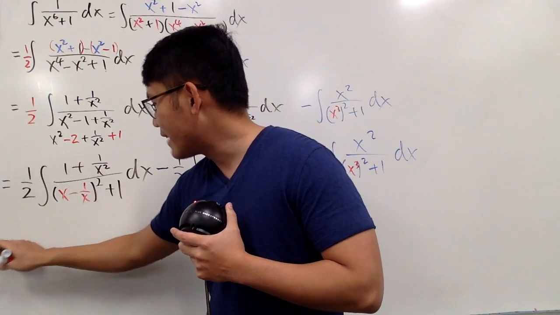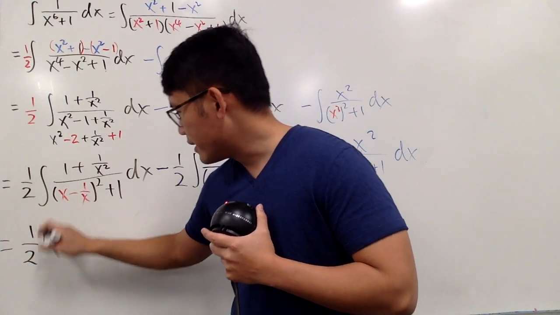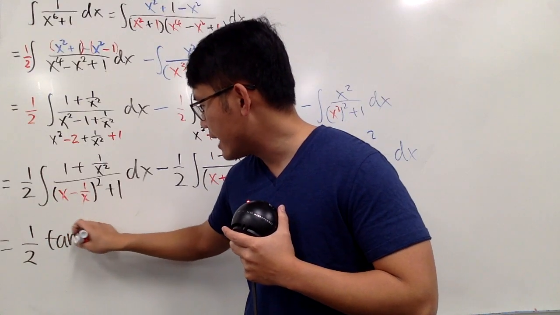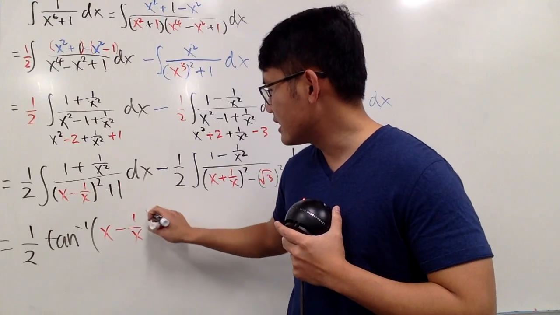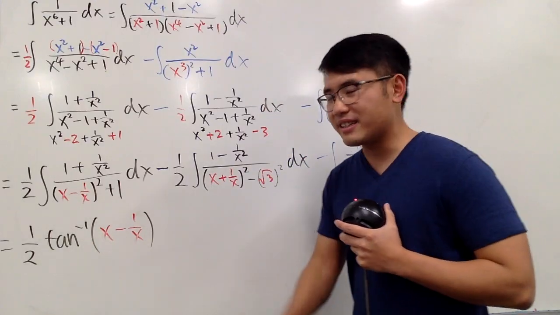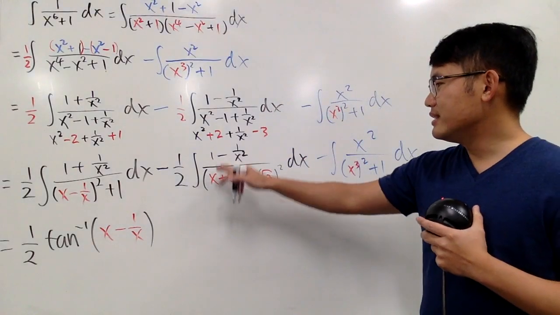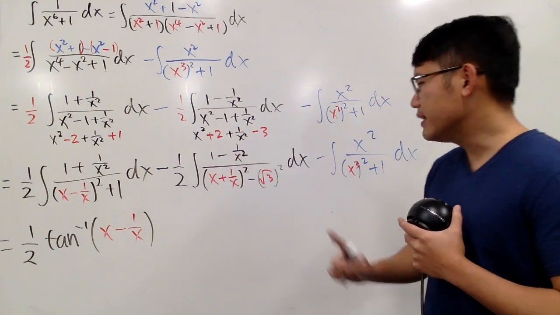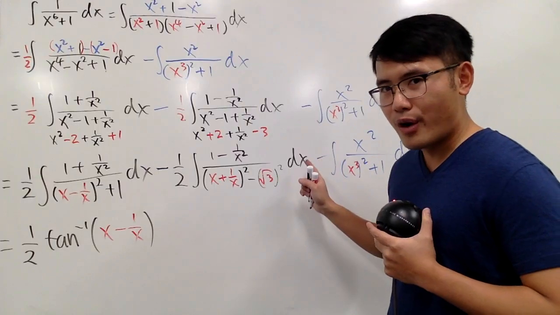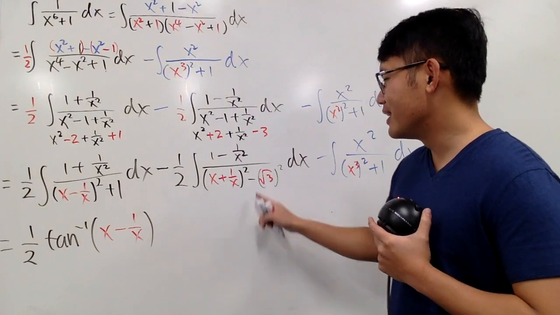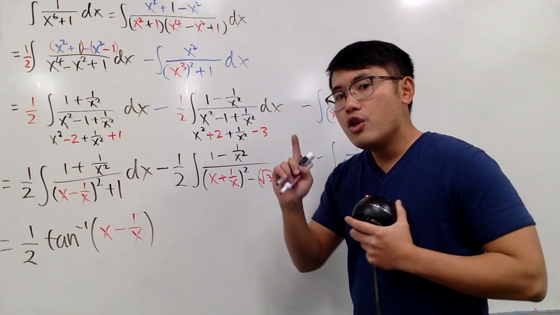And then don't forget you have that 1/2 right here. So the first one is 1/2 times the inverse tangent of the inside, which is x minus 1 over x, like this. Done. Next, let u equal to this, you'll get du for that, right? But this time it's 1 over u squared minus square root of 3 squared. Two things. Right here it's minus. You can use the